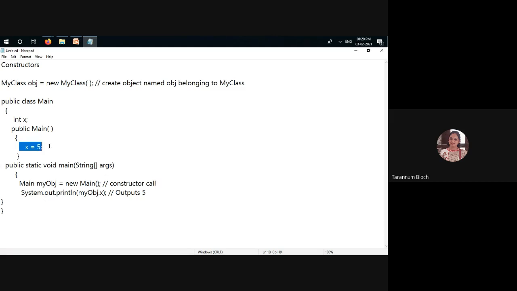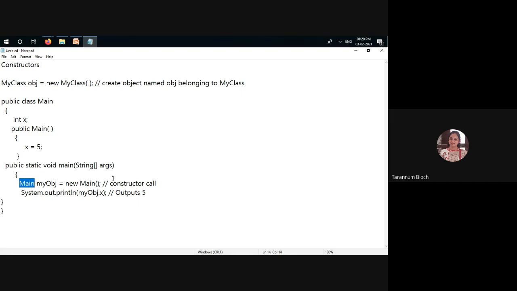And as you see in this method, we are assigning value to the class data field. Class is main and its data field is x. So I'm assigning x is equal to 5. So at the time of creating the object of my class, this constructor will automatically be called and executed.